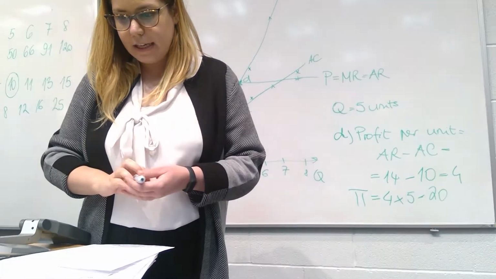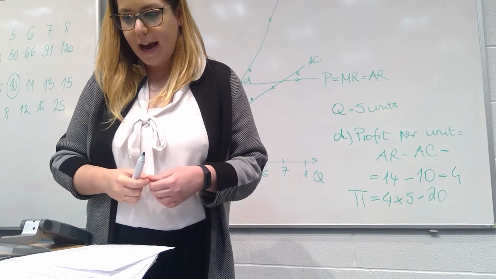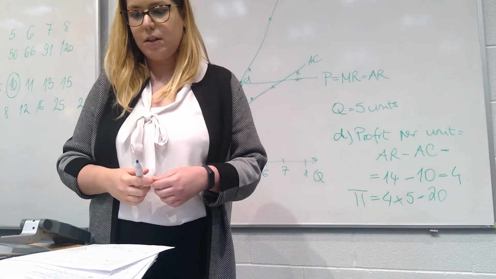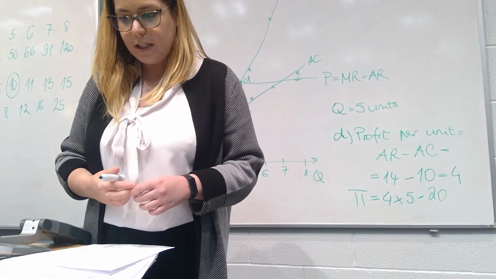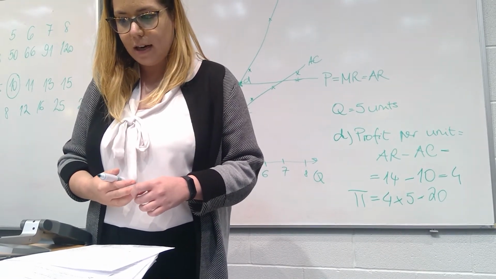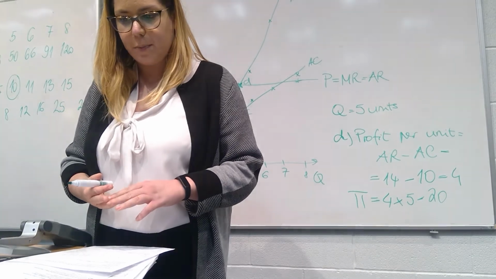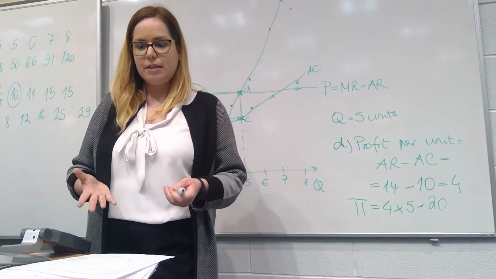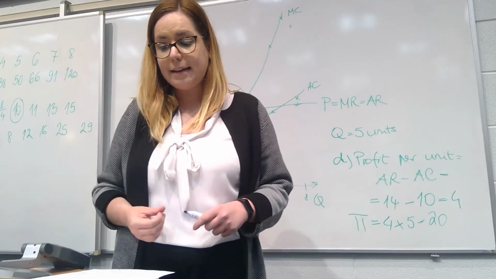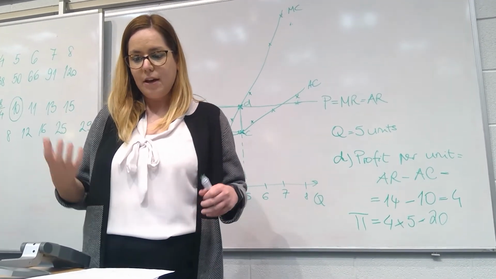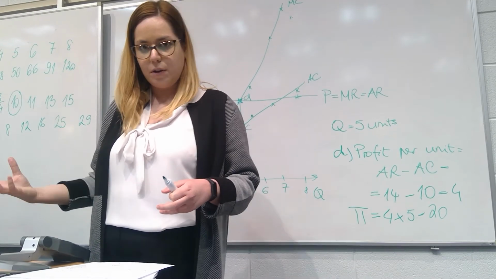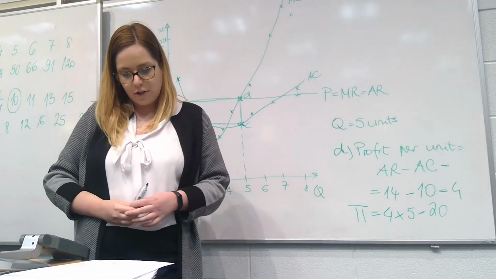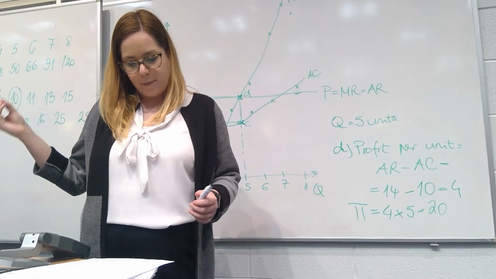Our task under E is what would happen to the price in the long run if this firm were typical of others in the industry? Why would we need to know information about long run average cost in order to give a precise answer to this question? So basically, we are going to discuss this bit of the question more in class, but essentially, if the firm is earning supernormal profit, then new firms are encouraged to enter the industry, which causes the price to fall,